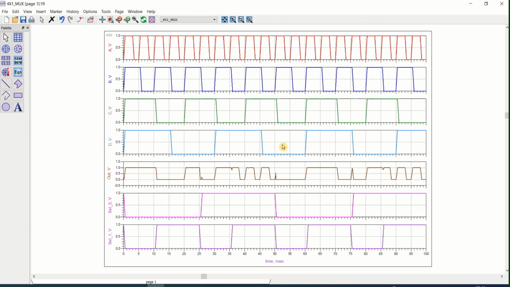So this is the output of the 4:1 multiplexer.